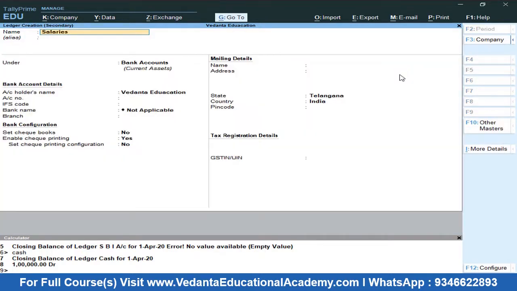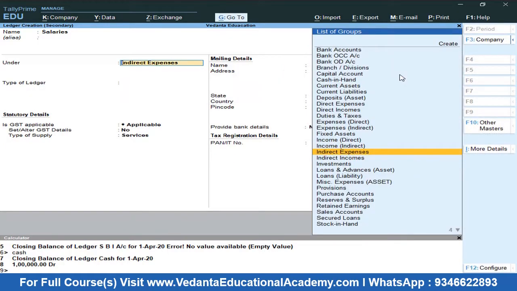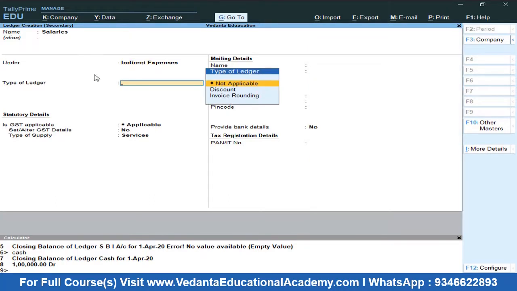Salaries come under indirect expenses. We already discussed this in the previous video. I have already given the total list of the chart of accounts, showing which ledger comes under which group. Please read the whole chart of accounts and learn it by heart, so that it becomes very easy while you are practicing Tally Prime, right? Salaries come under indirect expenses.